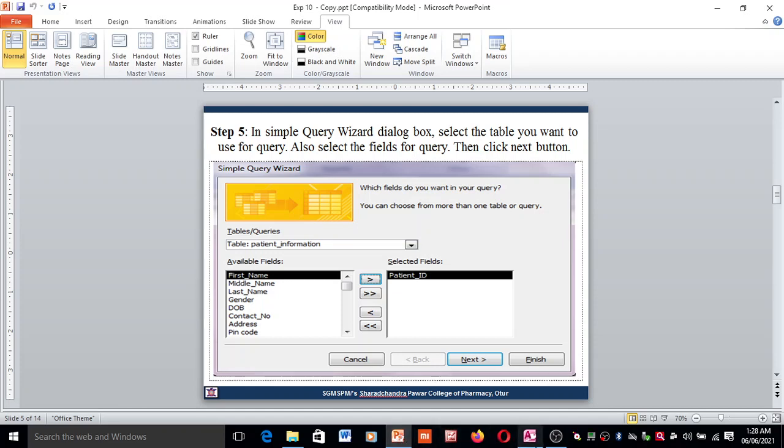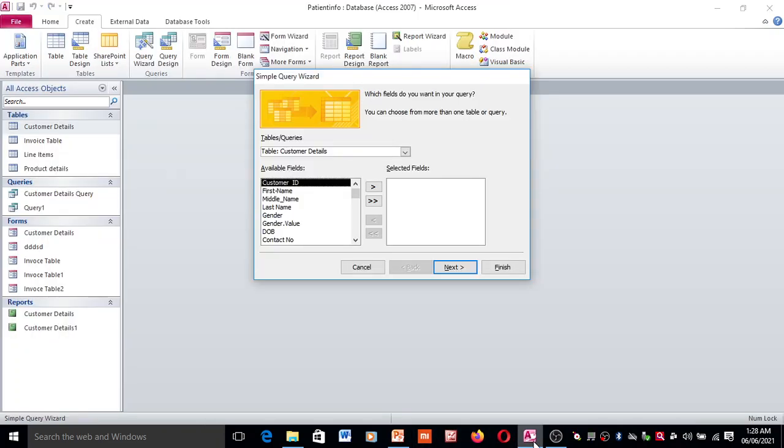There are different options in this query wizard, like tables and queries and available fields. In tables and queries you can select different types of queries and tables.